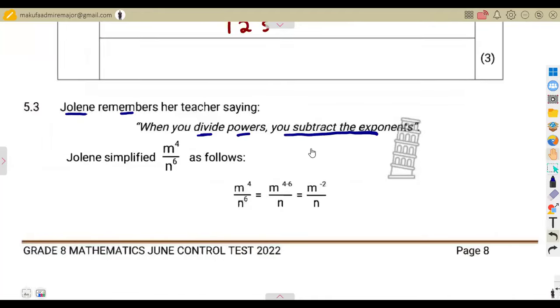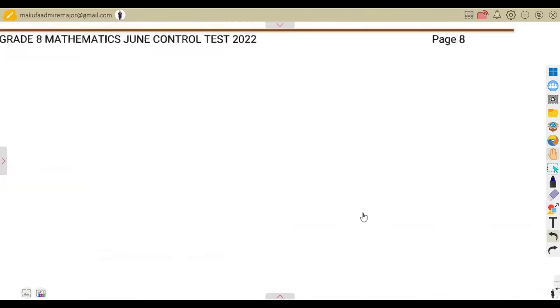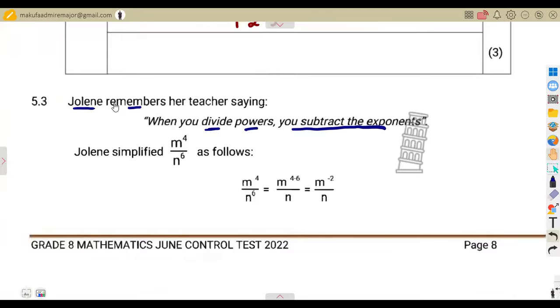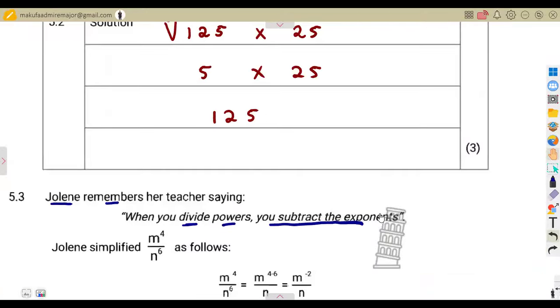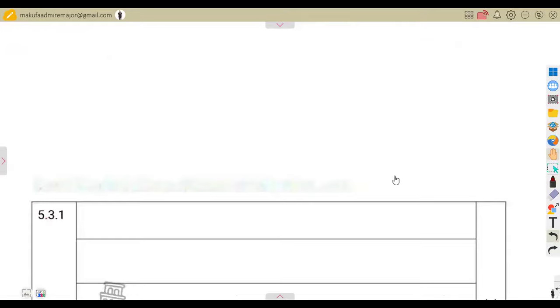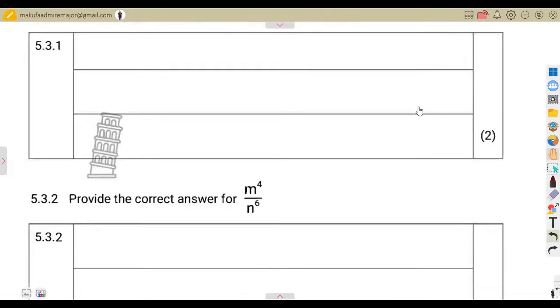It seems like I left something. 5.31. Where is the question now? Seems like I left out the question. Jolene remembers the teacher saying, when you divide powers, you subtract exponents. Jolene simplified as follows. So where is the question now? All right, I need the question here. Okay, sorry for that, guys. I need the question. So there we're just given 5.31. We are not given the question. So I do not know what the question was here. Okay. Anyways,